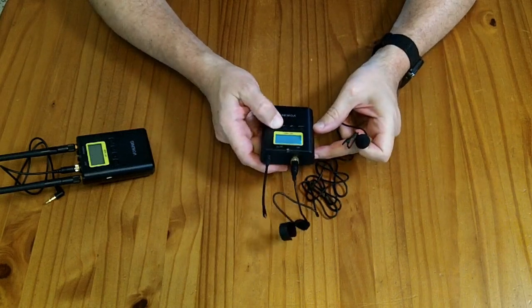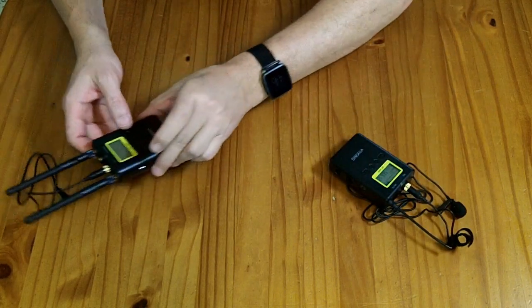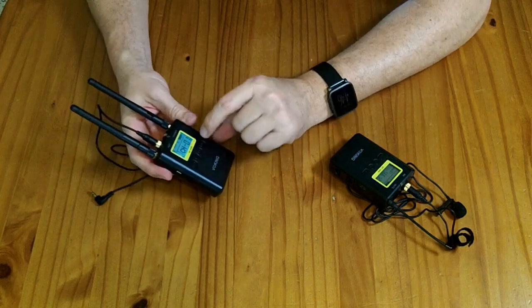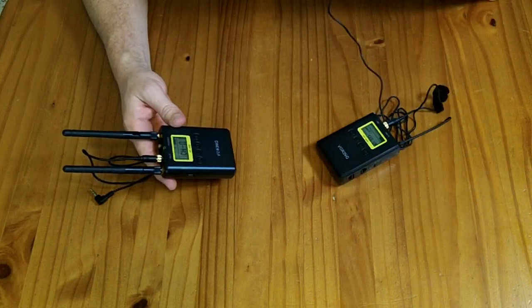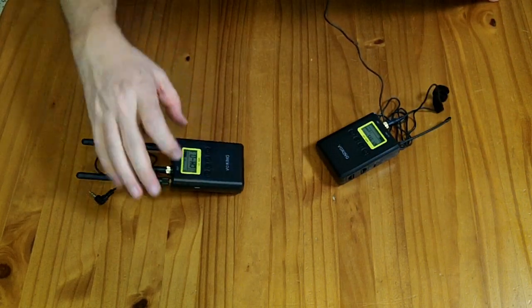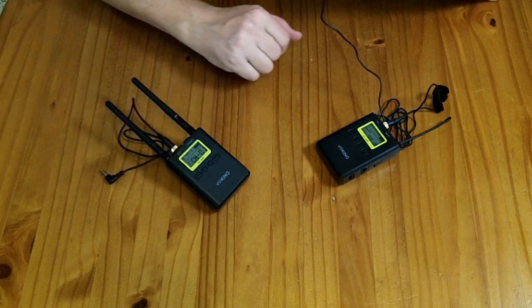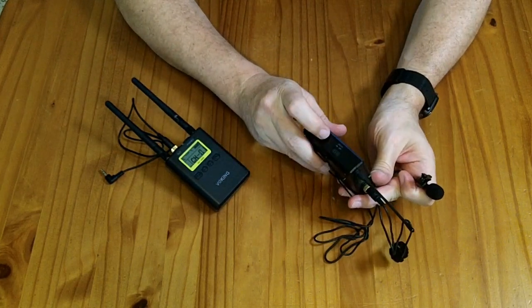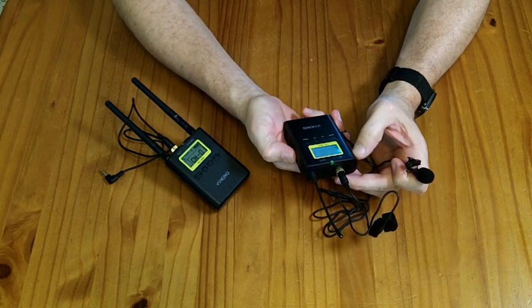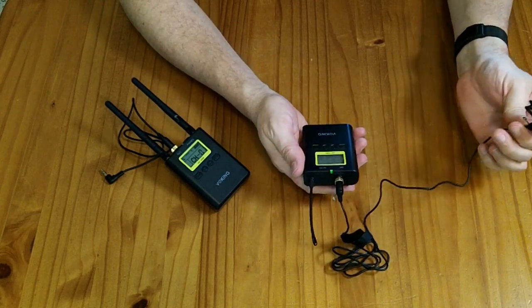So we're going to hit the power button. This guy here defaults to channel 1, frequency 566125. This one here also has channel 1 on it. Now, there's a little indicator here, and every time I talk it jumps up to the top. When I stop talking, it goes down. So that indicator will tell you if you're getting some noise. On the side of the microphone there is a low pass cutoff for noise. You can flip that to on, and it basically has a little icon that pops up that says low cut,